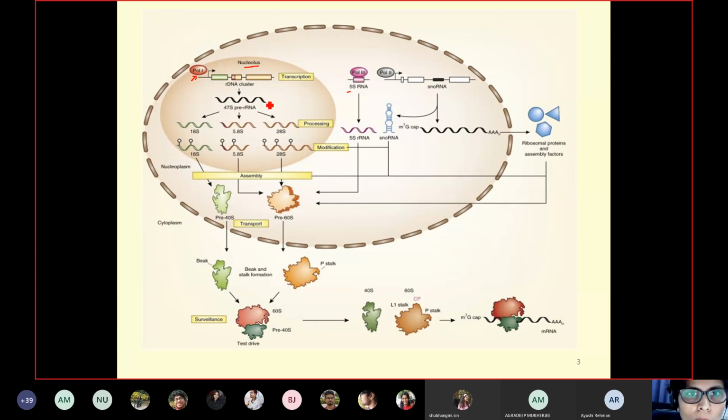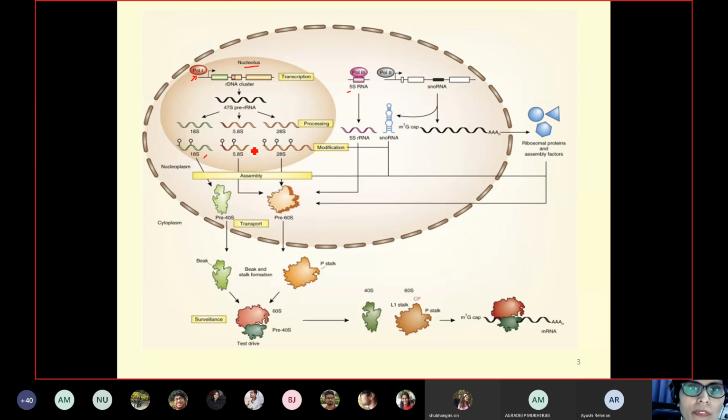Once it forms the precursor rRNA products, it is cleaved and processed further. This processing is not exactly like splicing, because in splicing you remove the internal content and then join the two exonic sequences. Whereas this kind of processing is mainly towards the ends. The end regions have extra regulatory sequences, which are chopped off, and once processed, these are further modified. Some of the bases are modified within 18S, 5.8S and 28S.